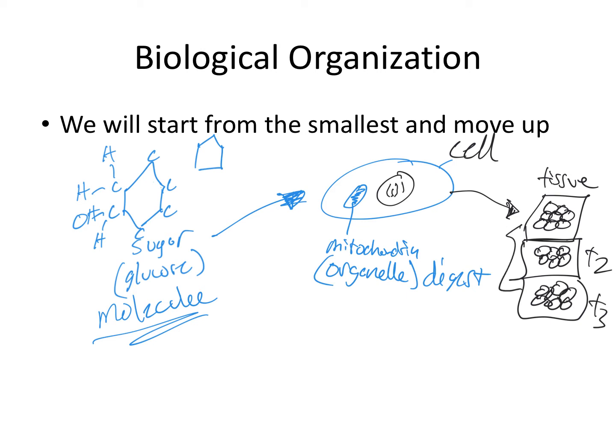Then we add all these things together and we make an organ or organ system. What are some of the organs? Well, we have our brain, our skin, liver, pancreas, stomach. All of those are made up of different tissues, and we'll talk about some of those throughout the year. Some of these work together. So for example, your pancreas, your stomach, and your liver make up an organ system that is our digestive system.